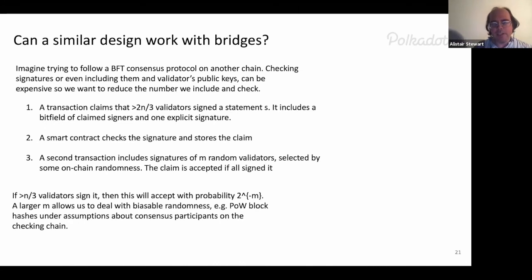Now, the way you'd make this work is that you'd want people to sign something that was already final, so that they all agreed it was correct. And then we only need to prove that 1 honest person signed it. So we have 2/3 of people signing it. We need to show that 1/3 of them did. So we only need to show that half of the claimed signatures actually exist. And if we ask for m random ones, the probability 2 to the minus m is the probability that these are all bad. If in fact a third of the 2/3 of people signing it didn't sign it, then the probability is only 2 to the minus m after checking m things that they could possibly get all these signatures.